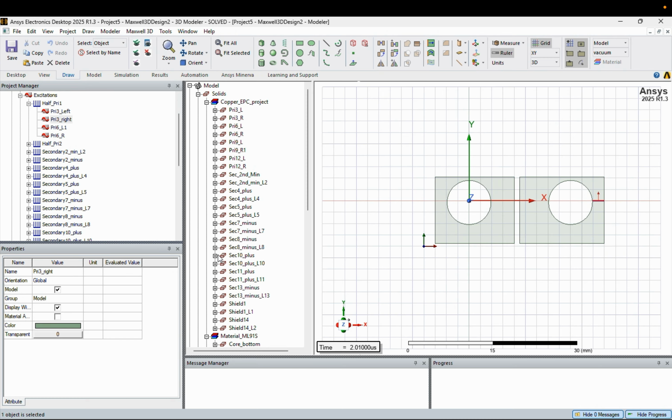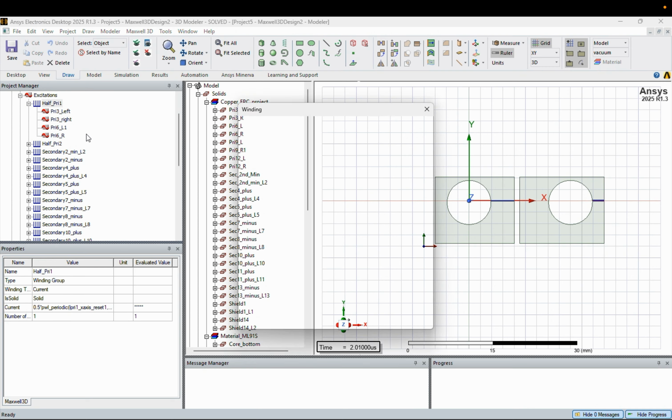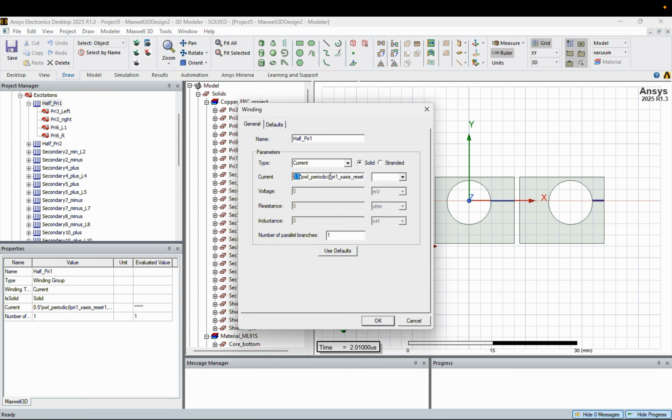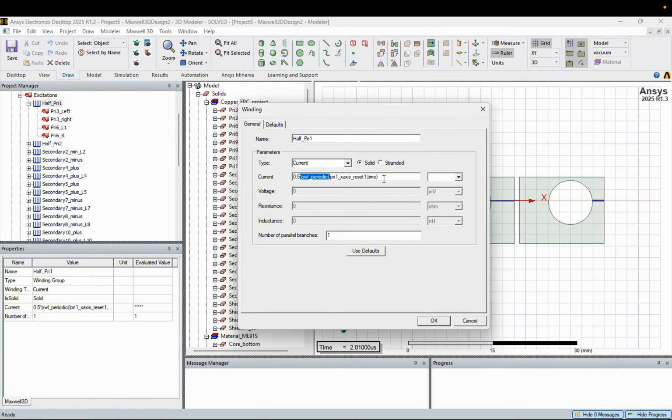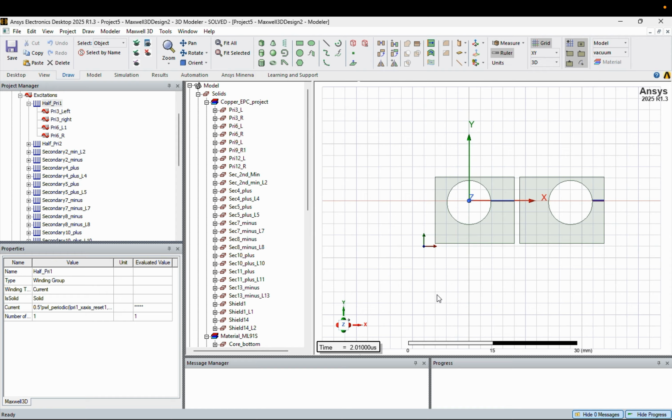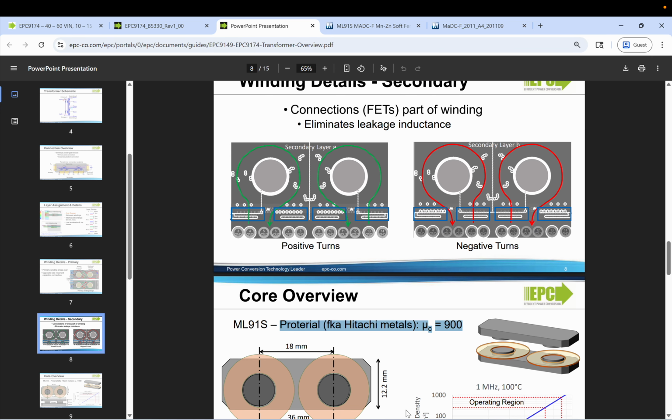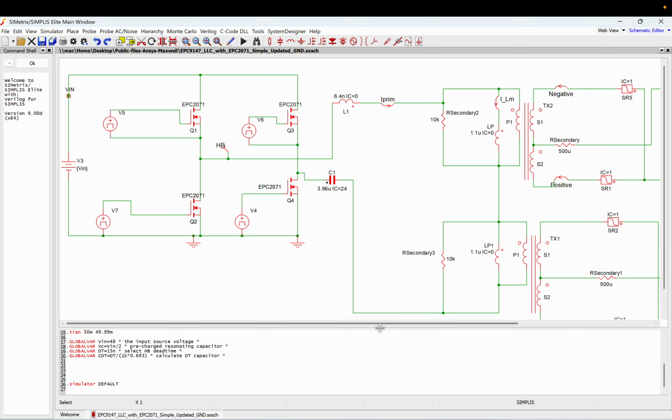I manually drew it, then you add the coil terminal, and then I put in the excitations as 0.5 PWL periodic. I did not use the Maxwell circuit, the simpler one inside this, to simulate the current. What I did, I actually cheated and I used Simplis. This is my favorite software, LTspice and Simplis, much easier to use. I will share a GitHub folder where I have the